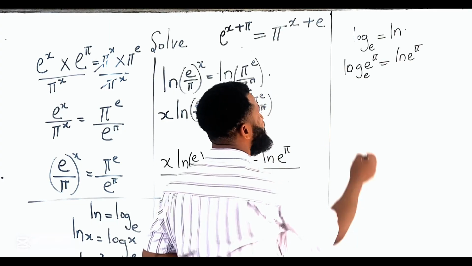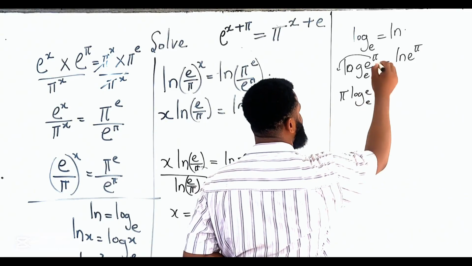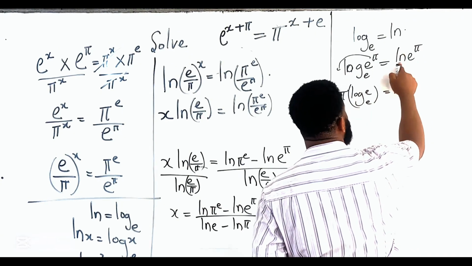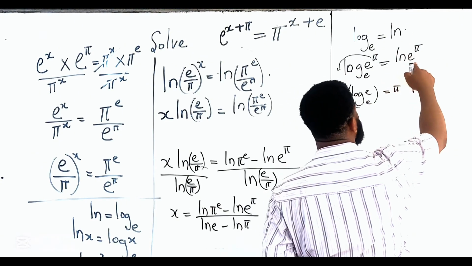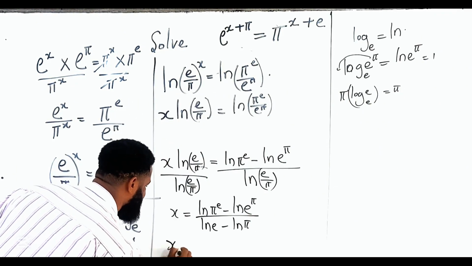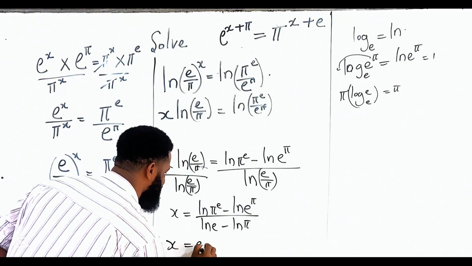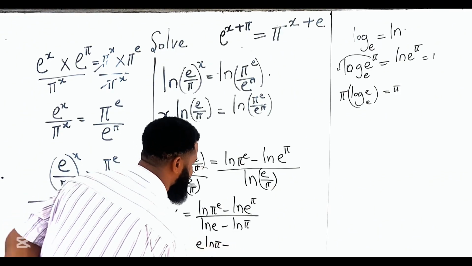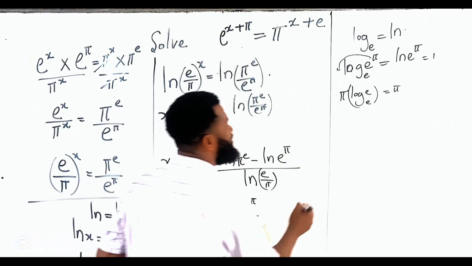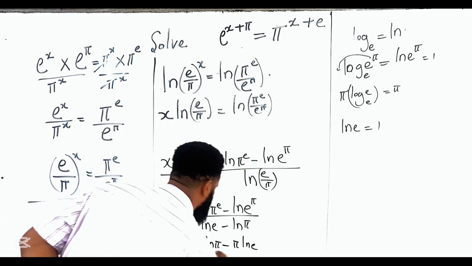You know what that means? It means that this pi is coming down. We have pi log e base e, and everything here is 1. The answer is pi. So this is the same thing as saying that ln e is 1. So I'm going to carefully say that this comes down to multiply it. I'm going to have e ln pi minus, the same thing will happen here, pi ln e. But remember that ln e is 1. So this is all over